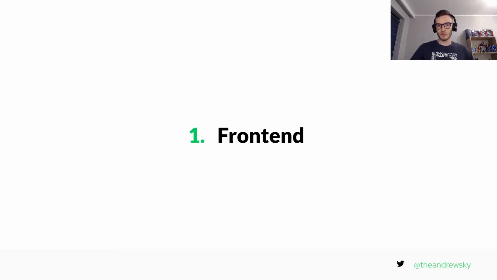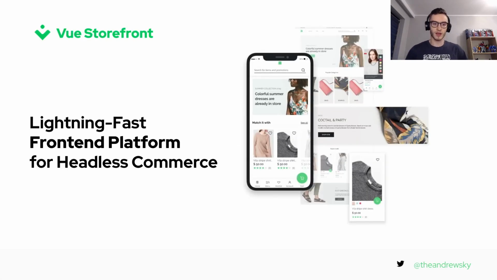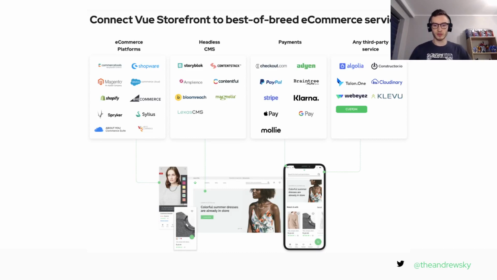So first, we have the front end. And we have Vue Storefront, which I work on, which is a lightning-fast front-end platform for headless commerce. What exactly does it mean that it is a front-end platform for headless commerce? It means that we have a universal front end with a very catchy UI system that is not only a front end, but it also